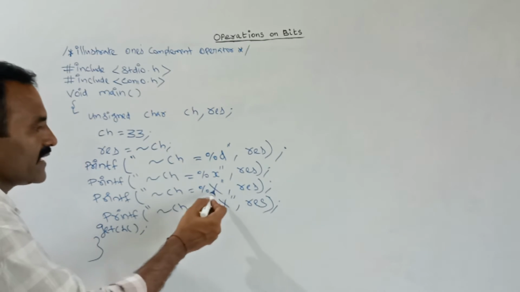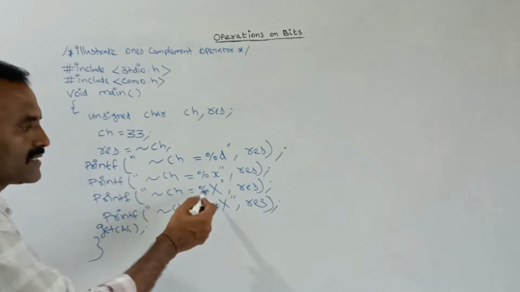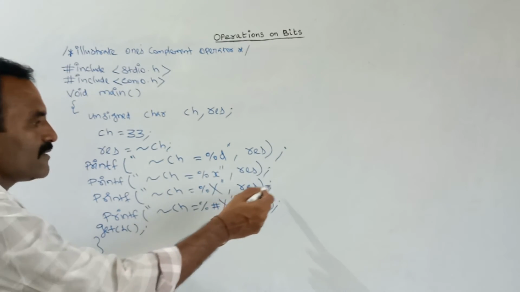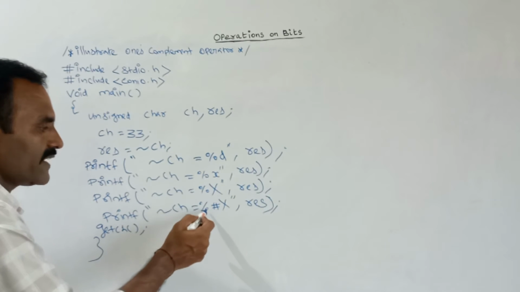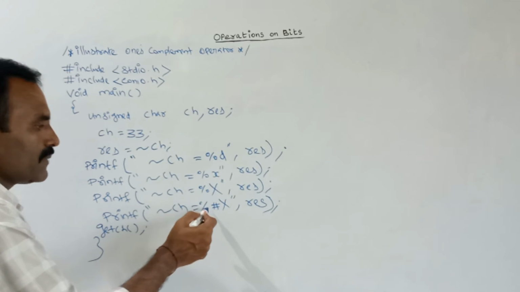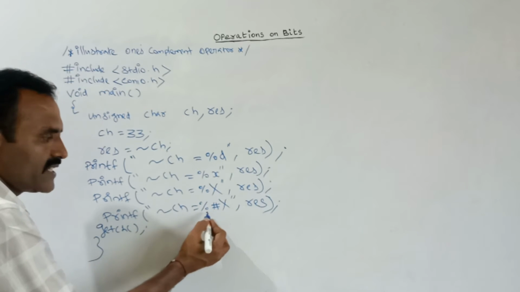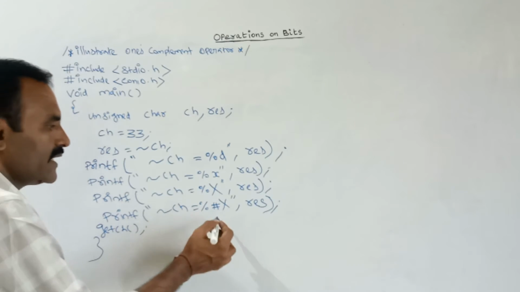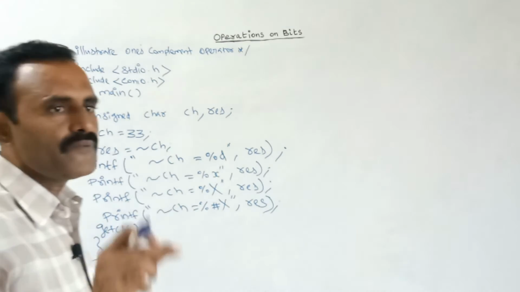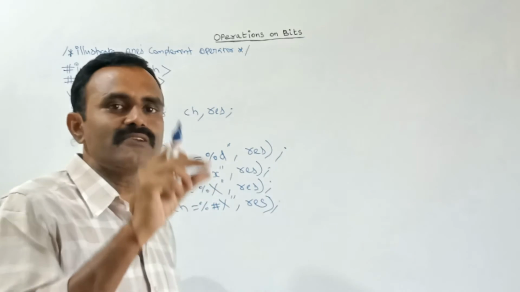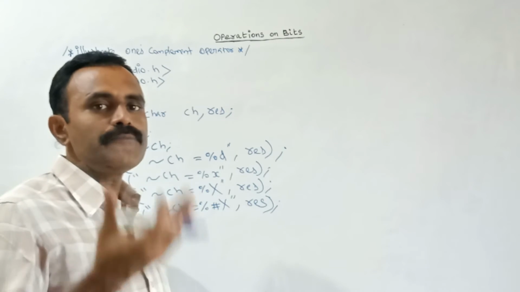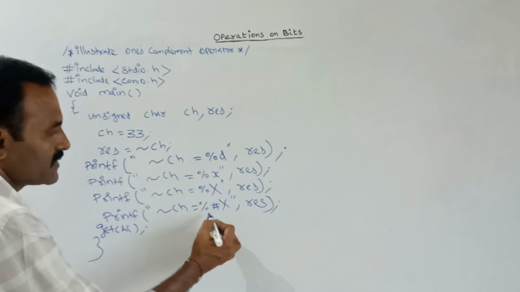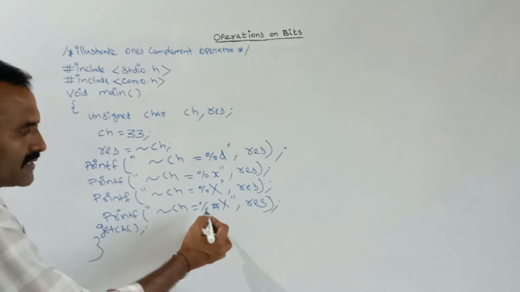In the same way, if you put this format specifier with a capital X, the capital X gives uppercase letters. In the same way, in the format specifier, after the percentage symbol, the number symbol, and after that the X, the prefix 0x will be printed in front of each and every hexadecimal value. So for that we are using the number symbol and x in this format specifier.